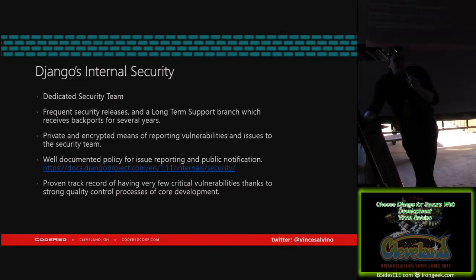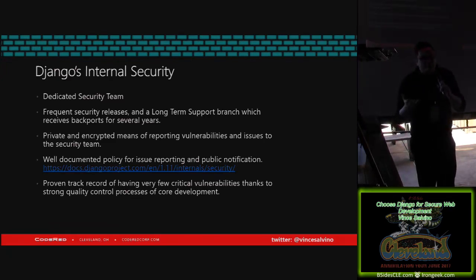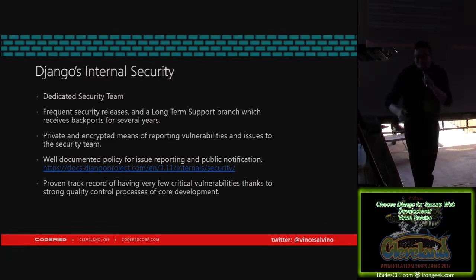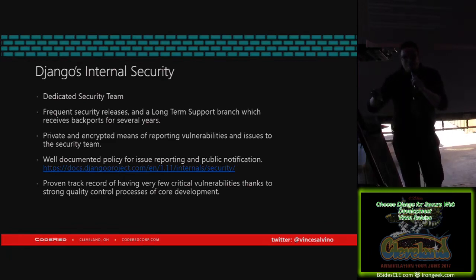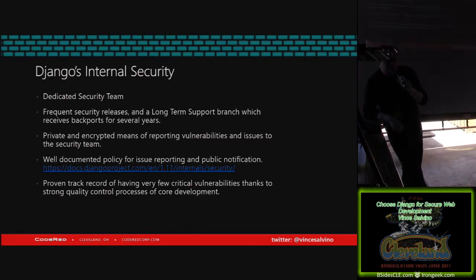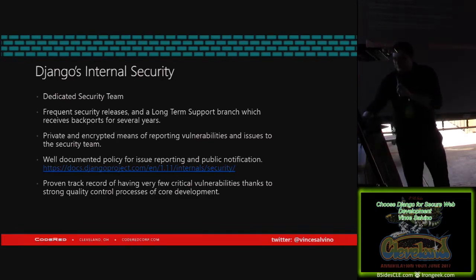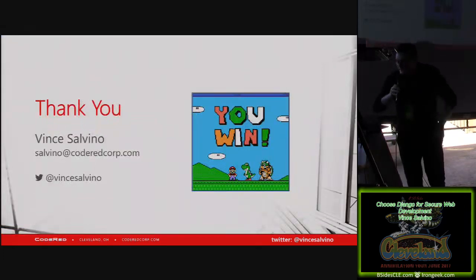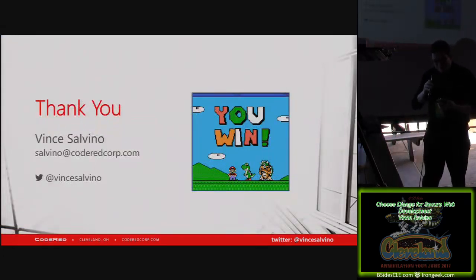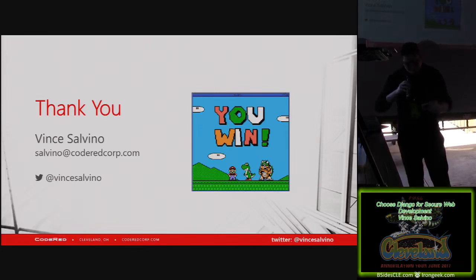And this I don't know for sure, but a lot of the core contributors like to brag about it, that Django, since its inception, 10 to 15 years ago, has only ever had a few actual critical vulnerabilities. There's a really strong code review and code quality process in place, but the community is still very welcoming. They're not assholes either. It's a very nice community, but they do have a strong quality control process before anything can get actually committed and merged into the main code base of Django, which is not always the case with open source projects.